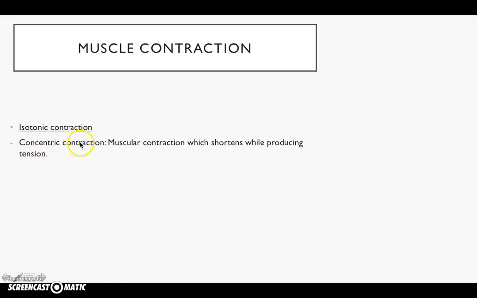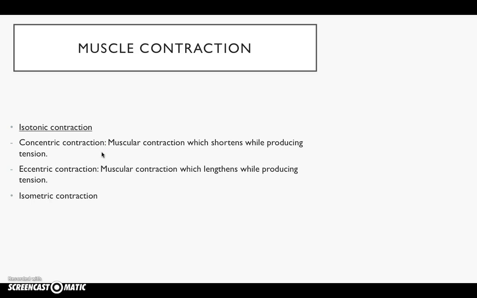So concentric contraction, muscular contraction, which shortens while producing tension. So the muscle shortens in length. That's a concentric contraction. An eccentric contraction, muscular contraction which lengthens while producing tension. And then finally, an isometric contraction, that is muscular contraction which stays the same length while producing tension. So for example, during the upward phase of a bicep curl, so you're doing elbow flexion, a concentric muscle contraction is happening at the biceps brachii,